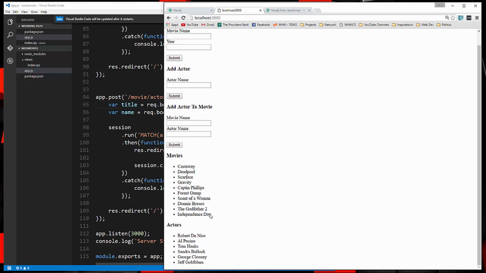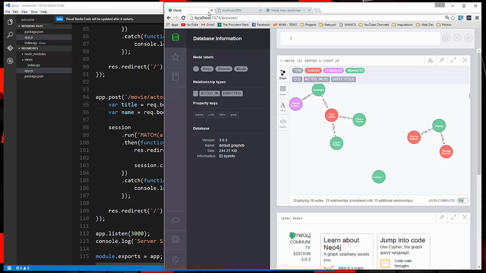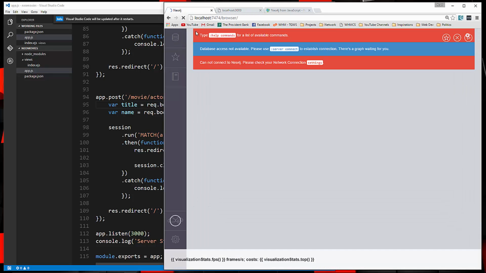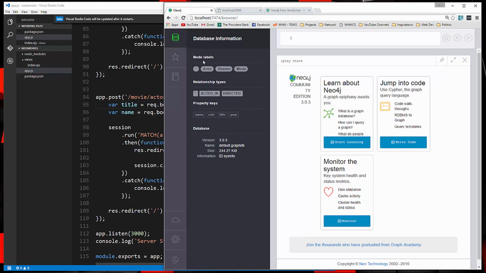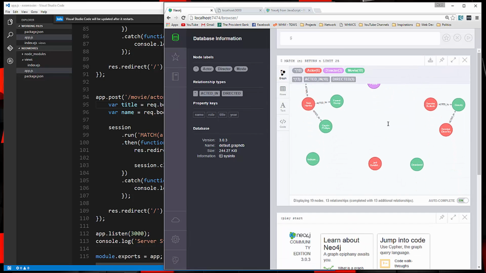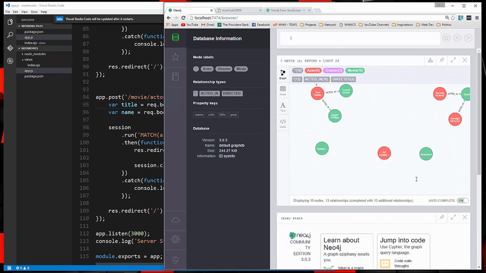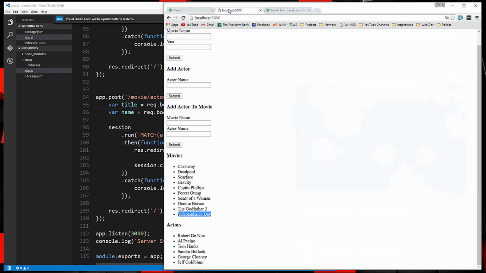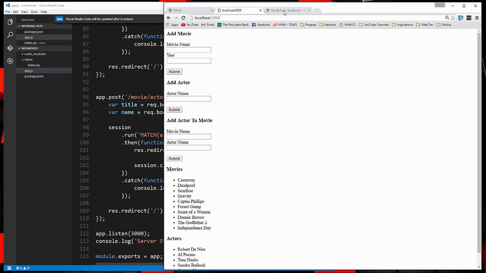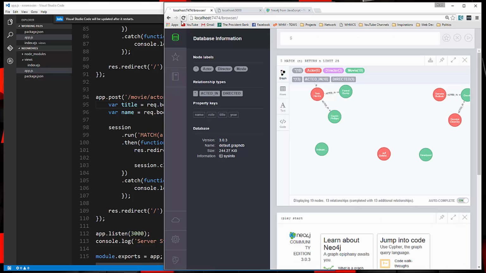Alright, now what I want to do is add Jeff Goldblum to Independence Day. Because if we look at the graph right now, they shouldn't be related. Okay, so you can see right here, there's no relationship. So let's go ahead and try to add that. So movie, Independence Day, actor, Jeff Goldblum, submit. And then if we go back to our graph,